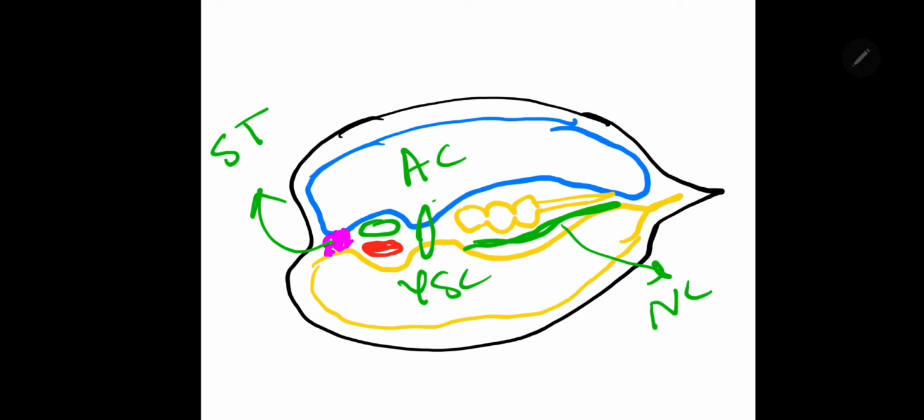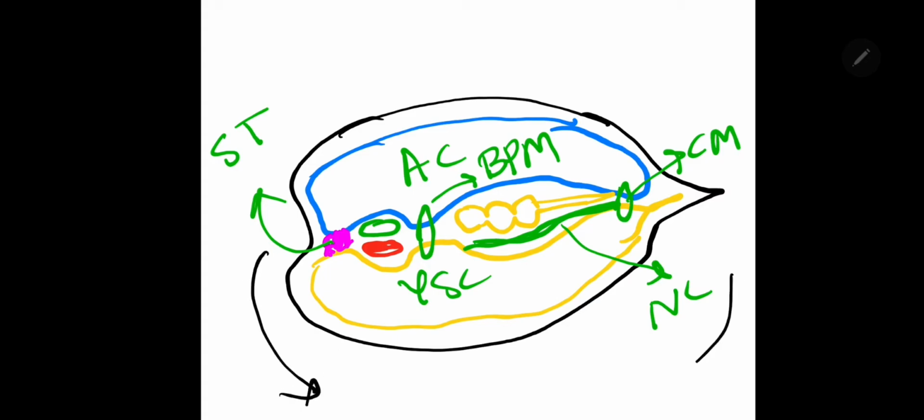be formation of the buccopharyngeal membrane, and here you will have the cloacal membrane. So buccopharyngeal membrane is involved in the formation of oral cavity, cloacal membrane is involved in the formation of the anal canal and anal aperture. So during this phase there will be folding, head folding, tail folding, and also lateral folding.